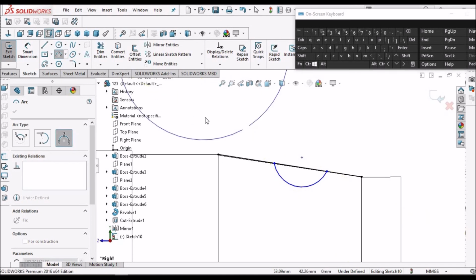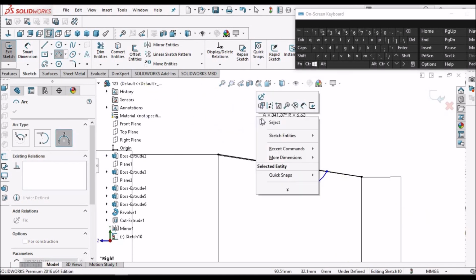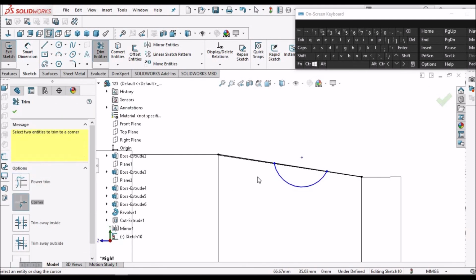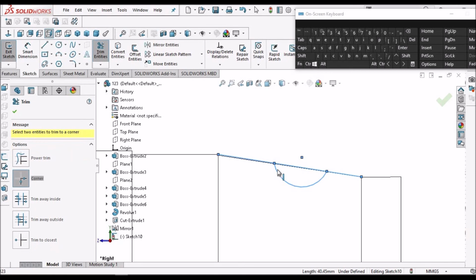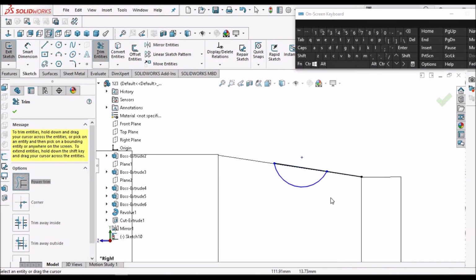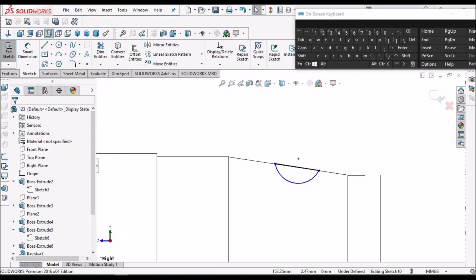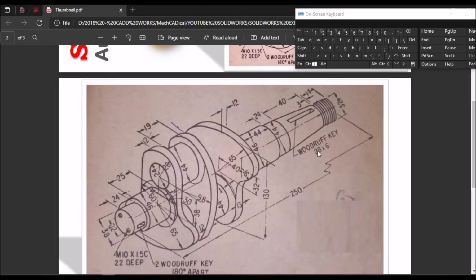See here dimensions are clearly given. Go to trim, say okay. Now this dimension is given as 28 by 26.